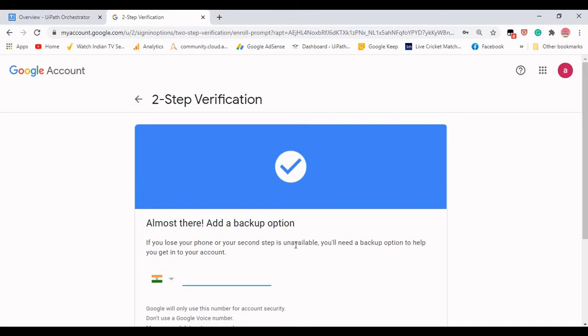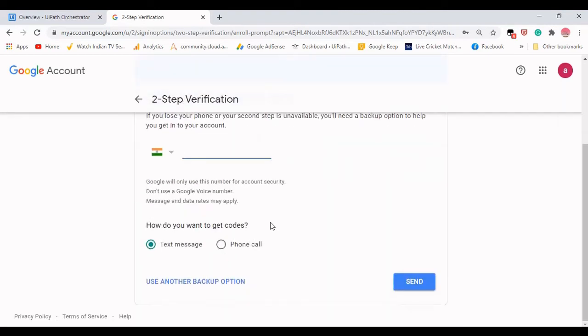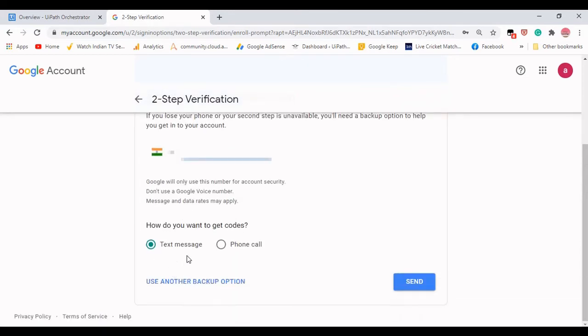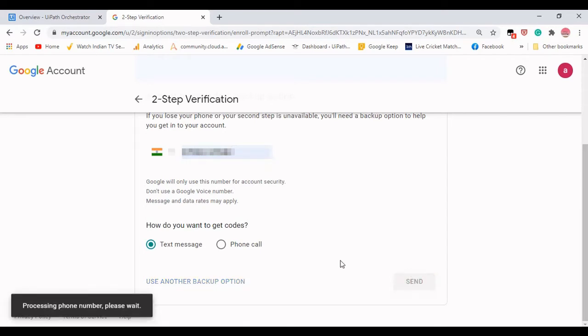And if you lose your phone or your two-step verification is unavailable, you need a backup option to help you. Actually, to get this option, you need to have a text message sent to your phone. So let me give my phone number here and click on send.